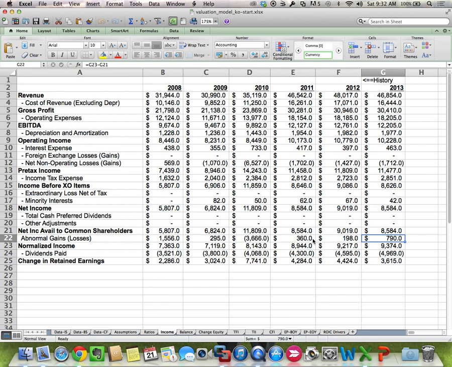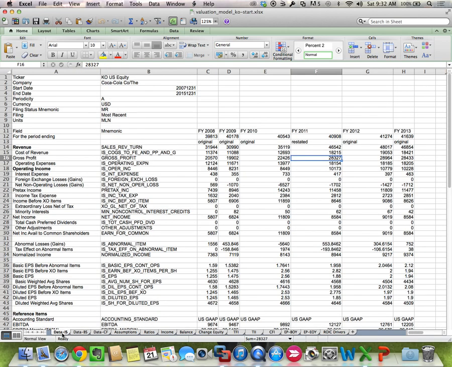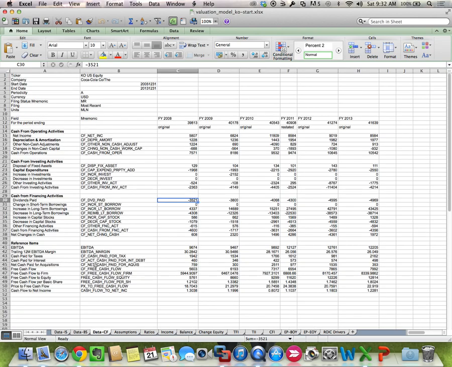Now, the way it's set up, again, we'd started to do this last week, is we have 3 tabs: Data IS, Data BS, and Data CF for cash flow, which is basically the exported income statement, balance sheet, cash flow data from Bloomberg. Those are the first 3 tabs in the model. Then we have a tab called Income,